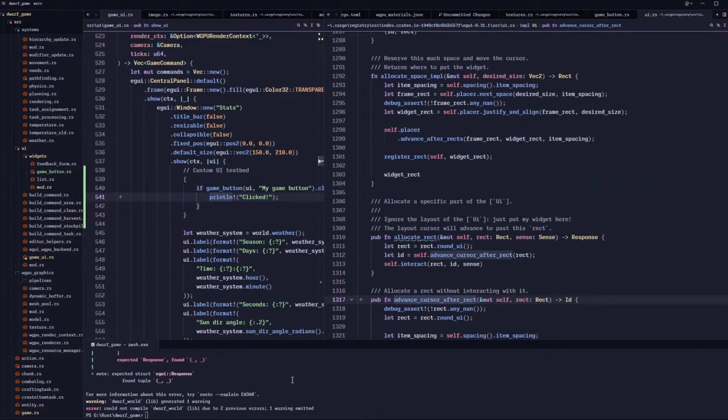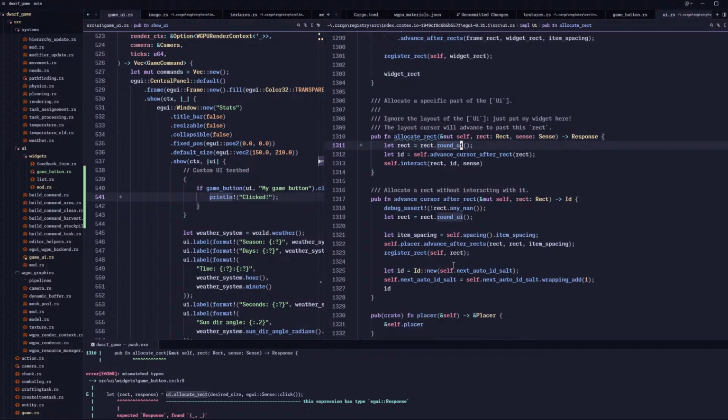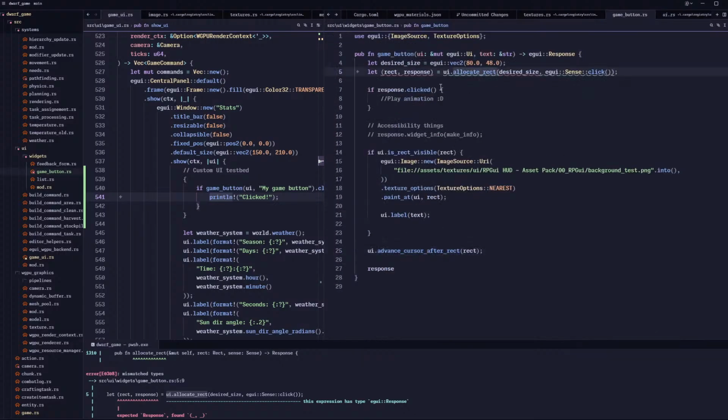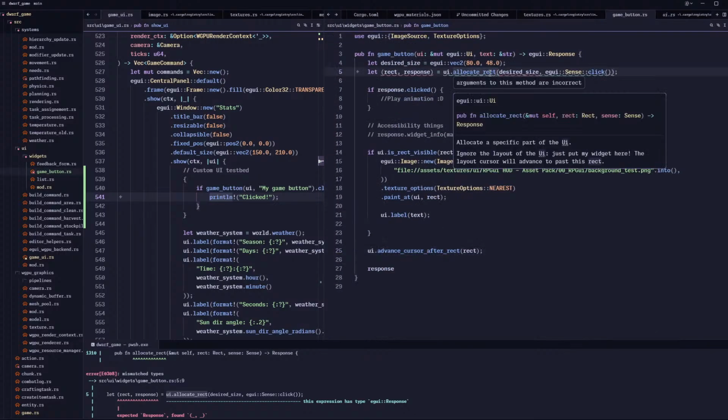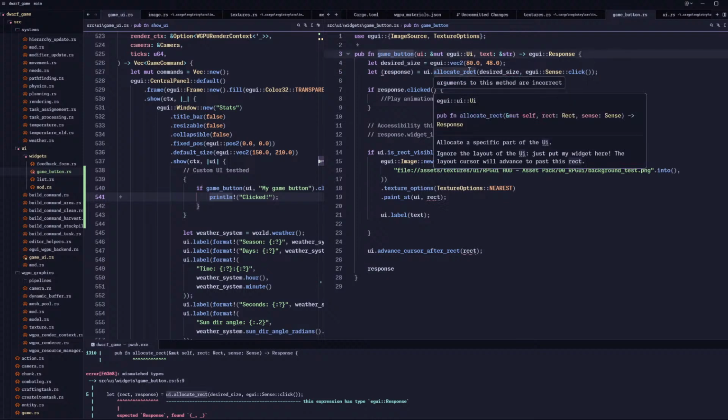We're playing around with this, you know, we don't know what's happening. Okay. What did we do here? Doesn't give us a response because my rectangle needs to be